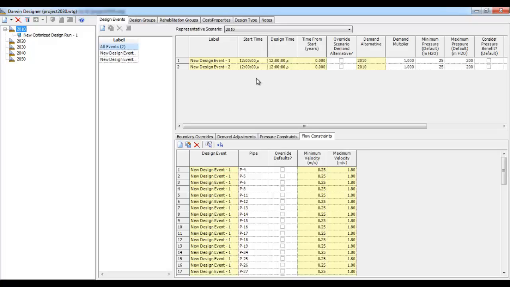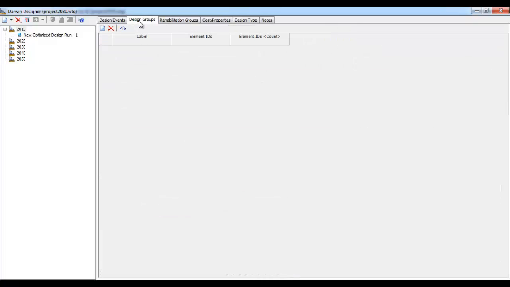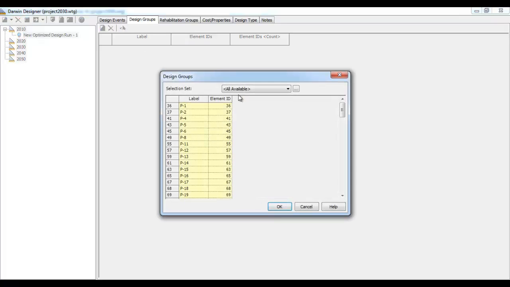As I forgot to assign the design groups, I will set all available elements, or a specified selection set like design network, but the design groups include all design events, so I will select